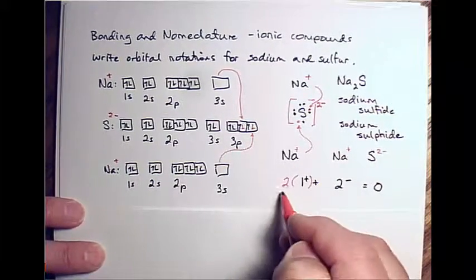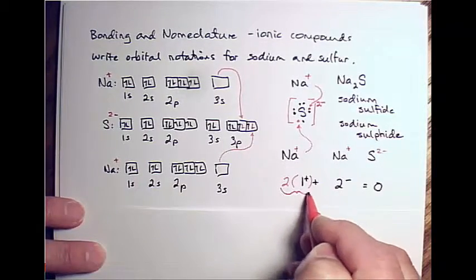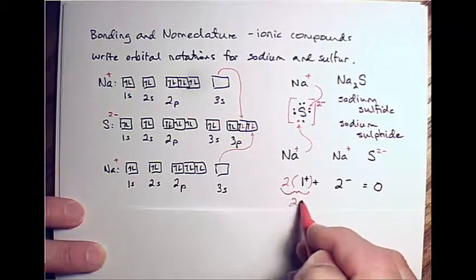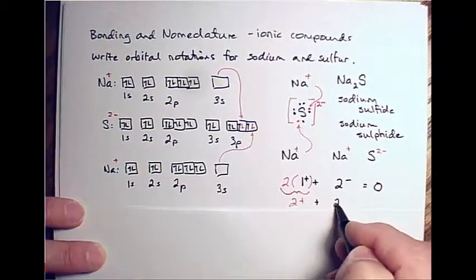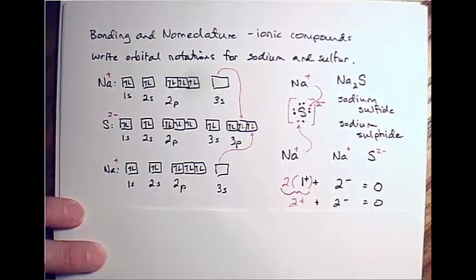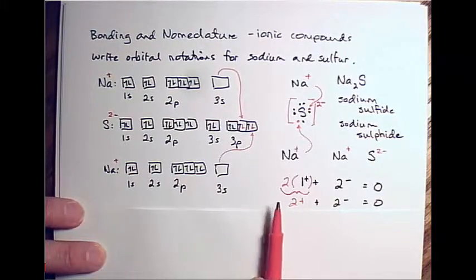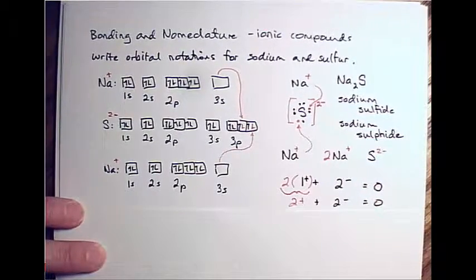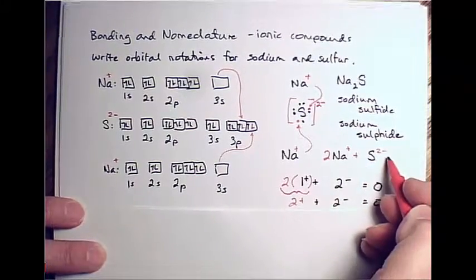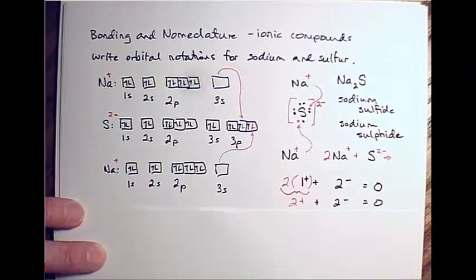Because by doing that, 2 times a 1 plus gives me a 2 plus, and a 2 plus plus a 2 negative gives me a 0. You with me? Well, if that's the case, that tells us that we need 2 sodiums to balance the charge of 2 negative on the sulfur. And as a result of all that, if we put all that together, we're going to get a formula where